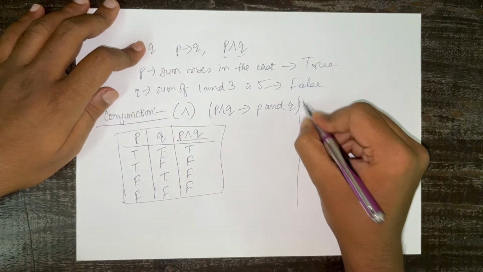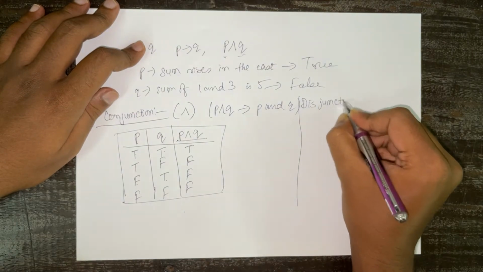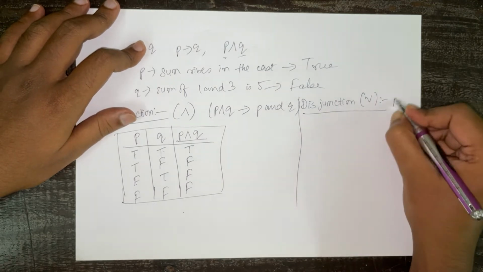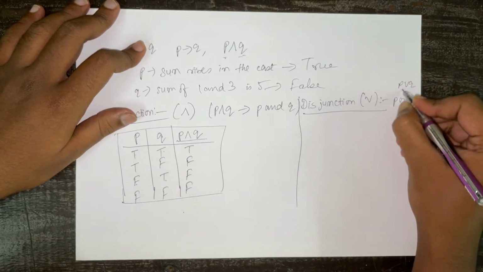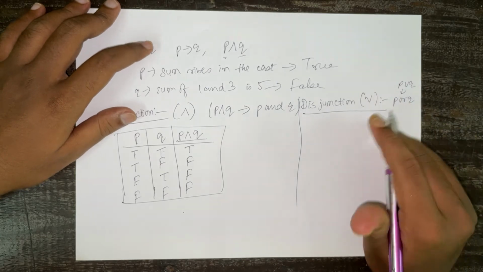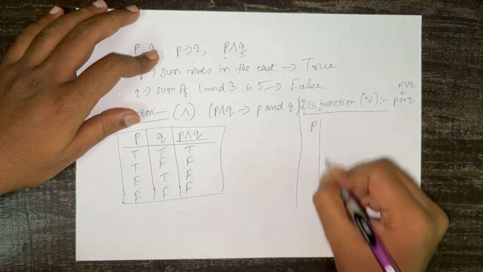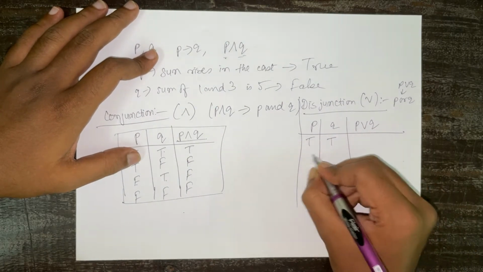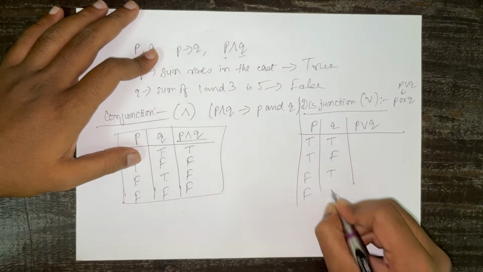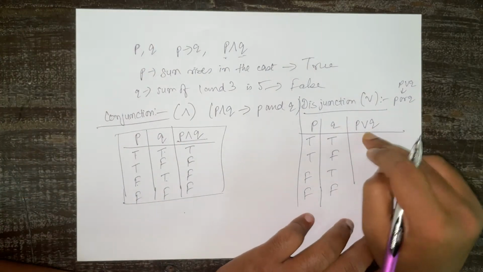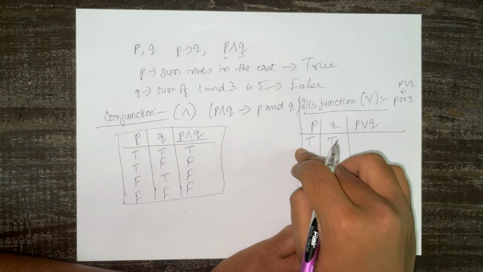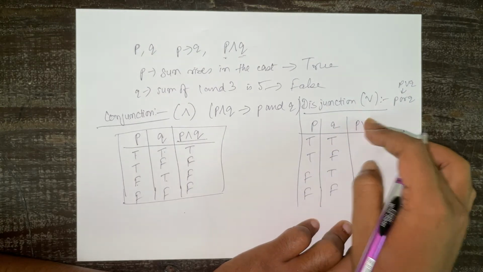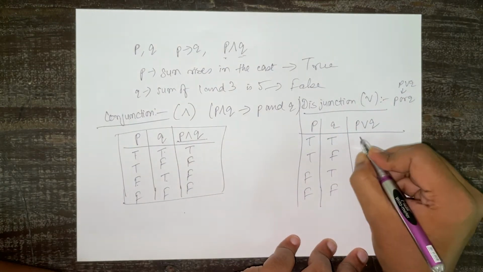Let's look into disjunction because they are very closely related, and the symbol is exactly the opposite. Okay, so disjunction is read as P or Q. If I read P disjunction Q, this is read as P or Q. That means either P or Q. So from here what we can see, so all the possibilities are true, true, true, false, false, true, false, false. Okay, so this means in the disjunction, if either P or Q is true, then P disjunction Q is true. So here both are true, so obviously true.